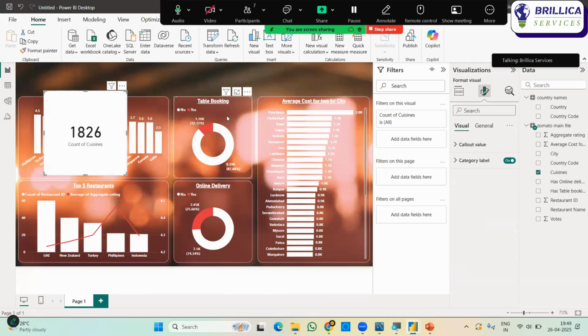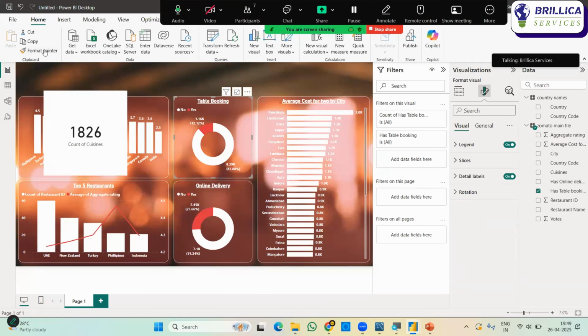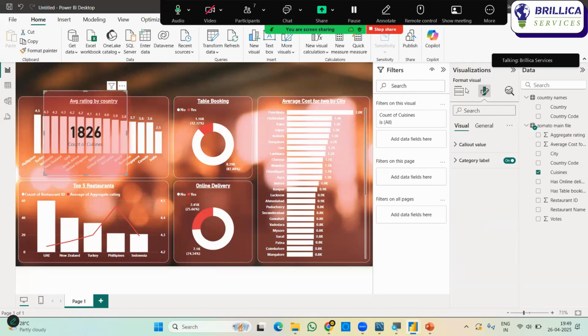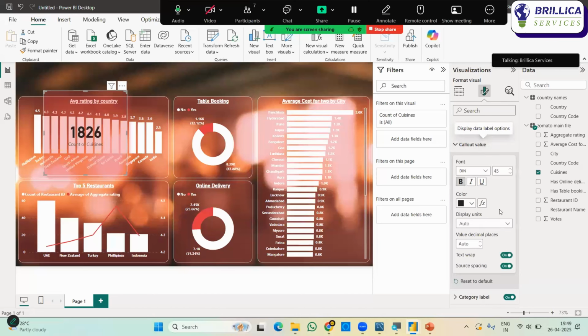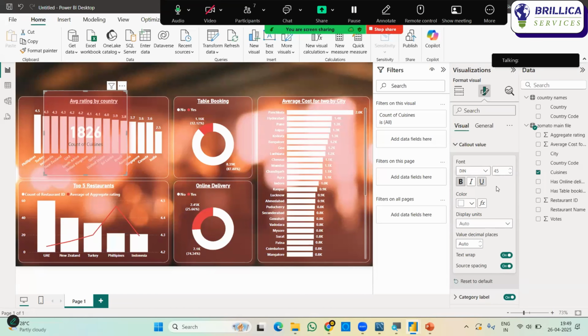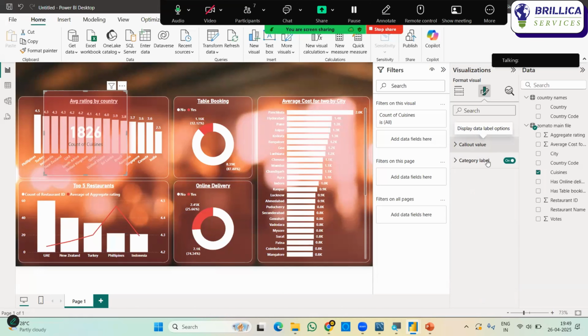Let's do some formatting related to that. Let's try the format painter and see if any changes happen there. Okay, I have to change the values color as well as their label. The label is off,